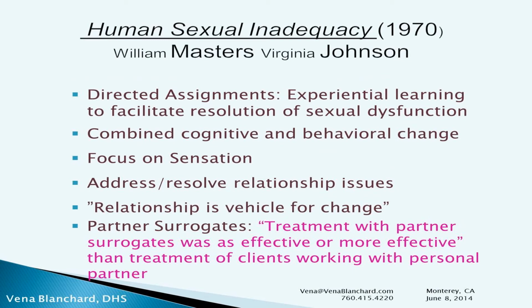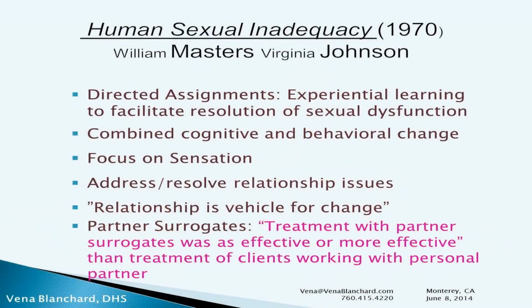They worked with couples, and they developed a really effective treatment method, except there were a few people who didn't have partners, who were not coupled. Yes, even back in the 50s and 60s, people who were not married had sex and developed sexual difficulties, and they wanted treatment. They wanted to access this incredibly effective treatment, and Virginia Johnson and Bill Masters came up with the idea of having them work with a partner surrogate.